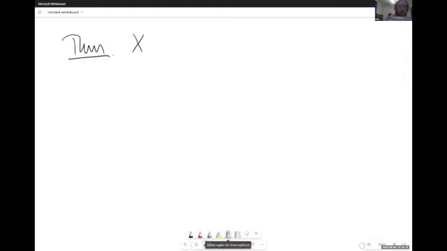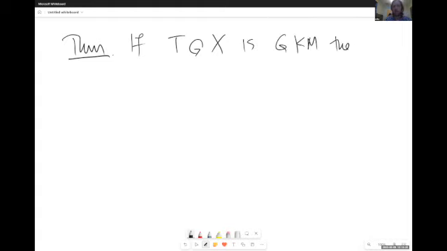So if (X, T) is GKM, then the equivariant cohomology group of X is equal to the set